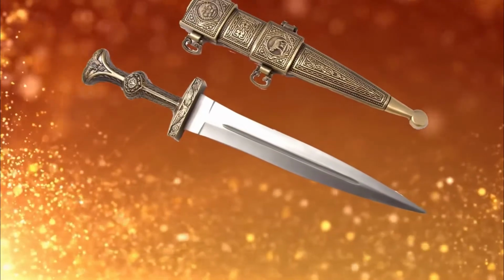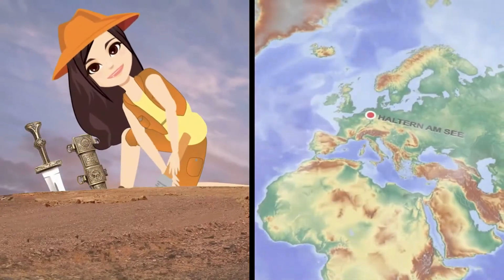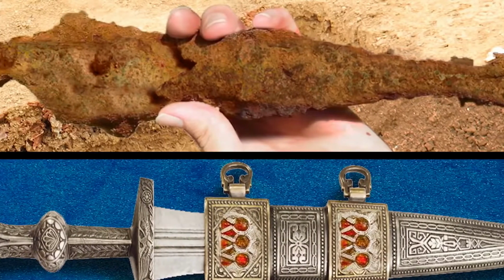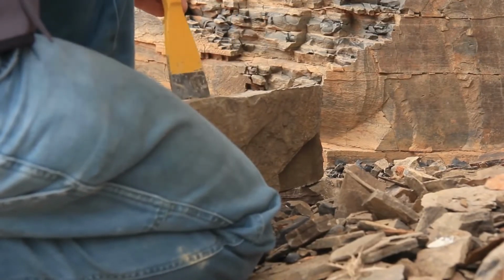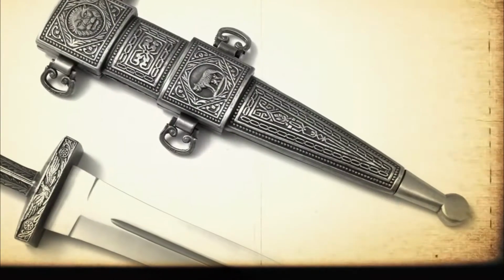The artifact, which dates back to the 1st century AD, was discovered in its sheath at the Haltern am See, or Haltern at the Lake, archaeological site. The heavily corroded weapon was unrecognizable at first, and it didn't appear to be much, but Nico's trained eye knew it was something important. It took 9 months to sandblast the sword and restore the elaborately decorated 13-inch blade to